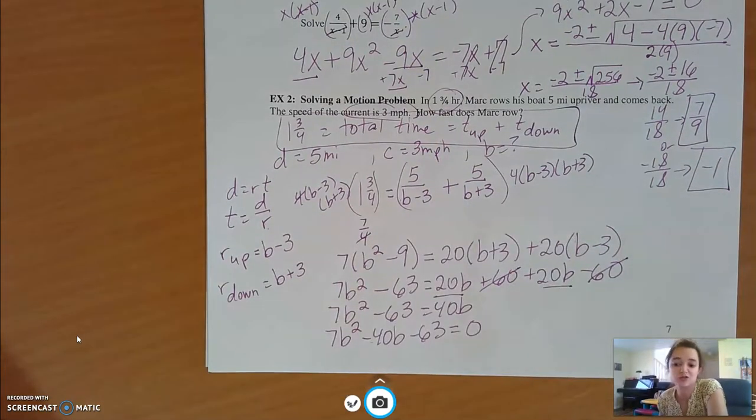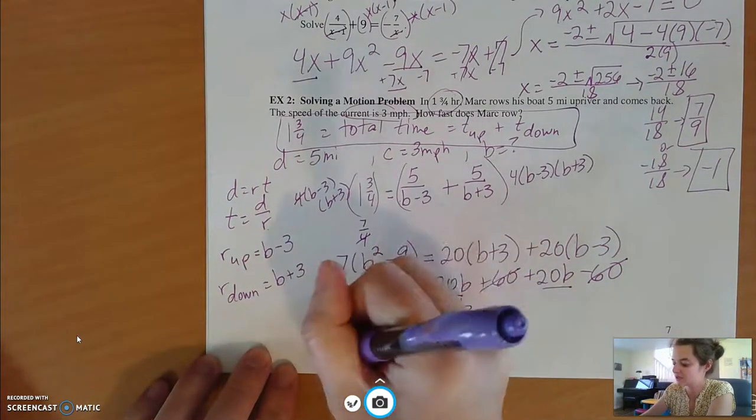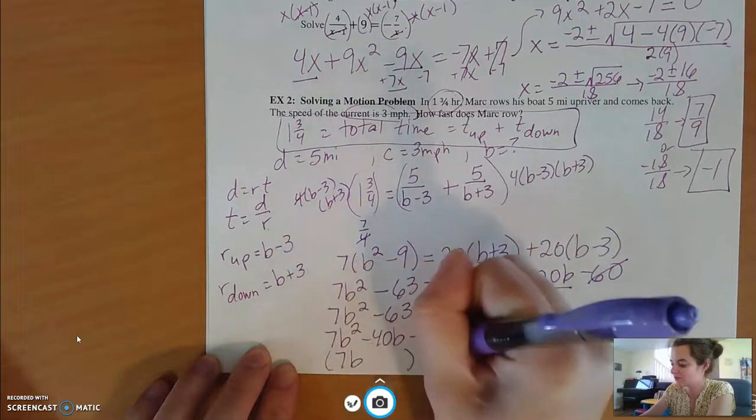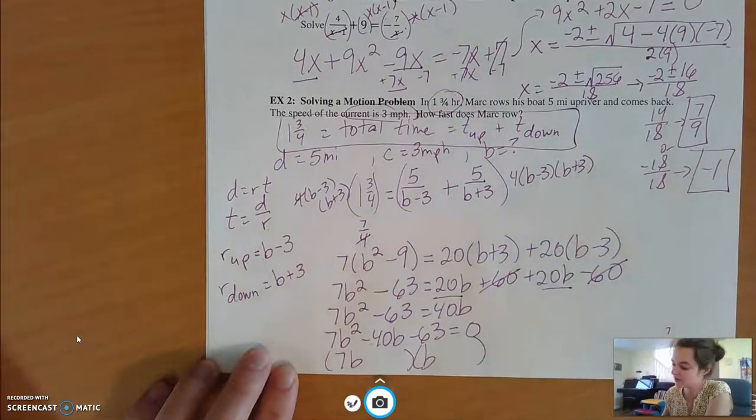From here, you can either use the quadratic formula or you can factor. It actually does factor pretty easily, so let me show you what that looks like. To get 7b squared, I'm going to have 7b times b. To get 6